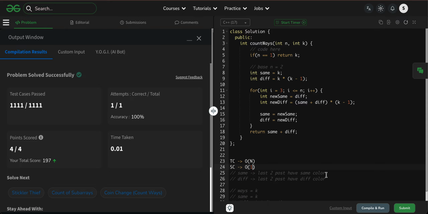Now there is a confusion, like why we use same is equal to different, right? Why can we use it here? Because you can only form two same colors if previous were different. And why k minus 1? Because we must pick a color different from previous, right? So that is the approach.